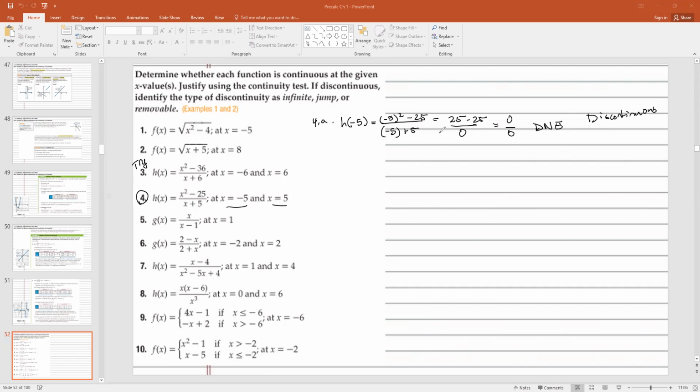Okay, now we have to find out which one it is. So the way we do that is we have to check the next one. We have to check the limit. And the way we check the limit is we're going to do a table. Okay, so we're going to make a table. Table time. So we had to go to IKEA. We had to get a table, and then